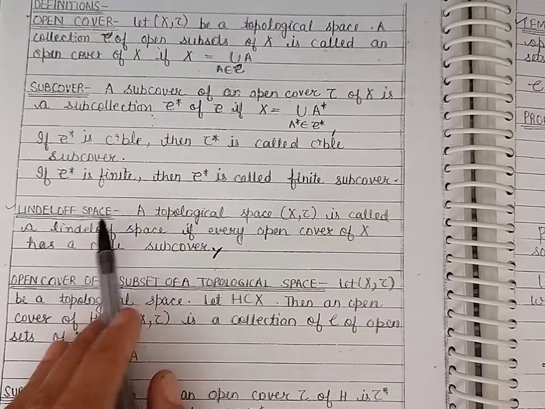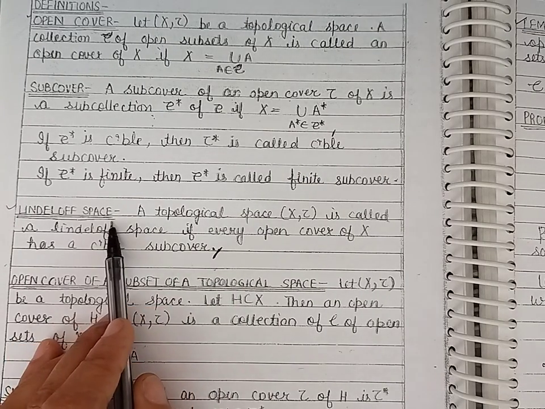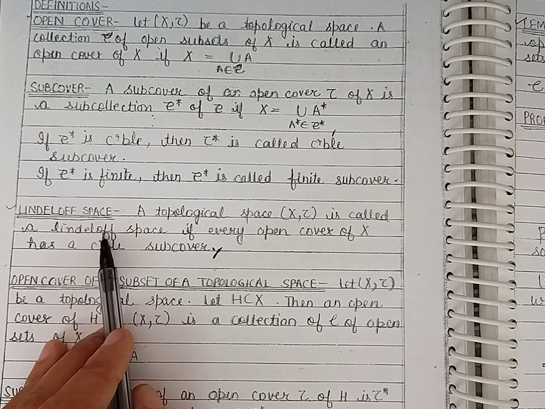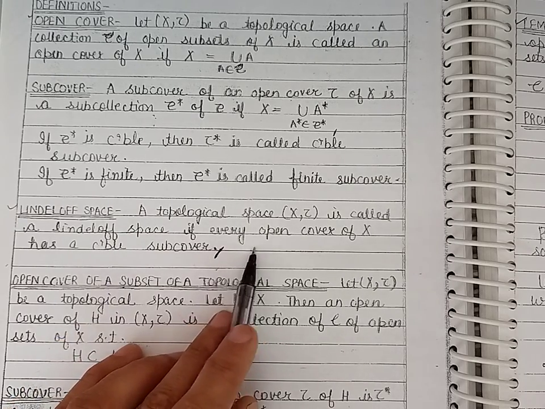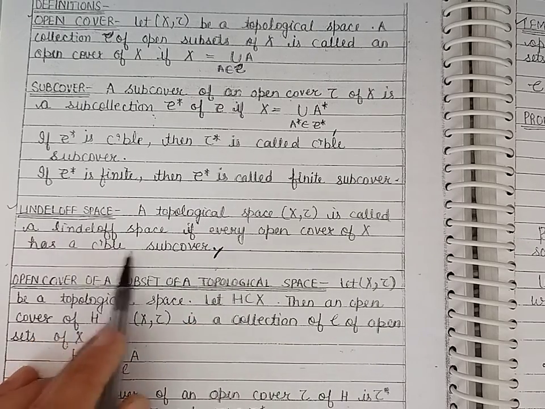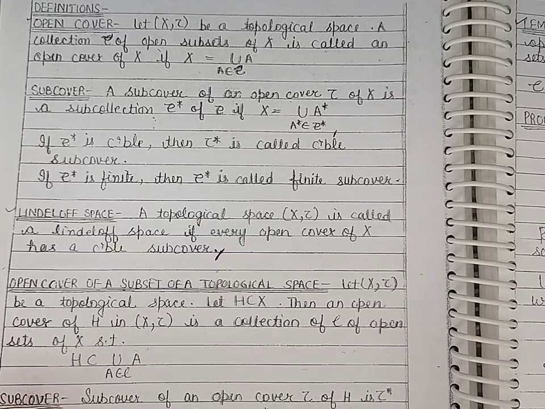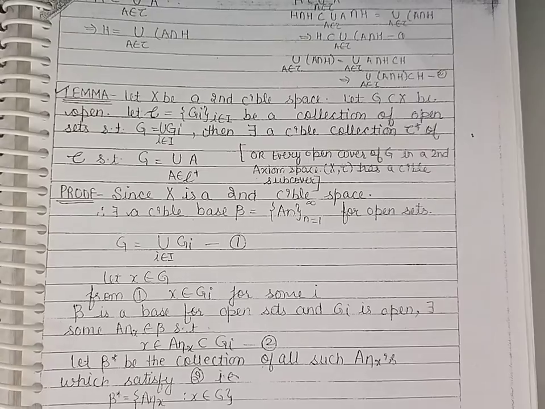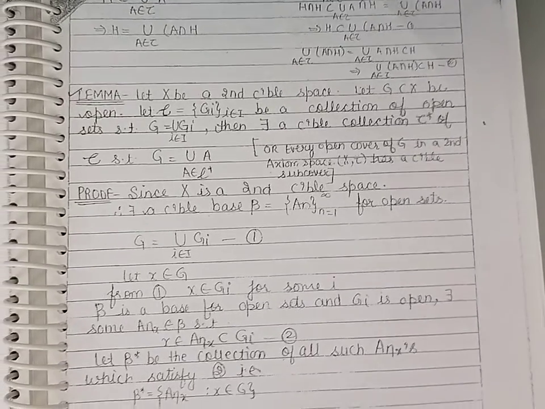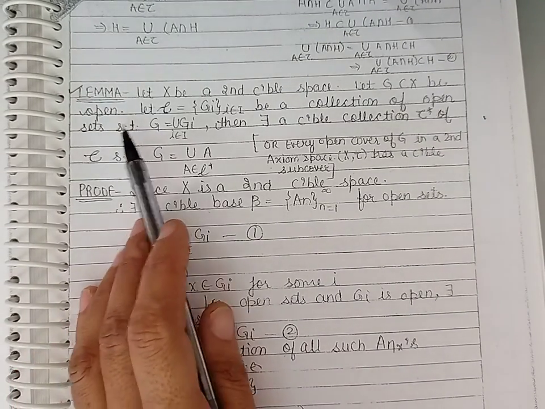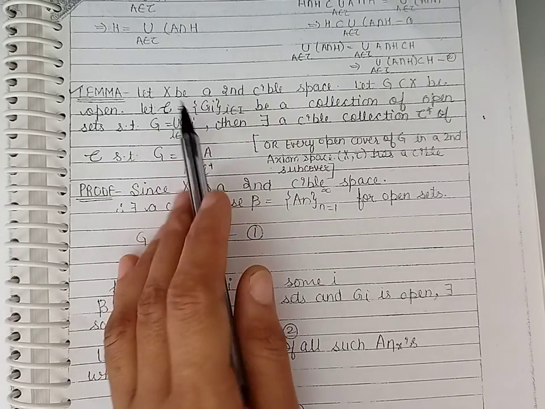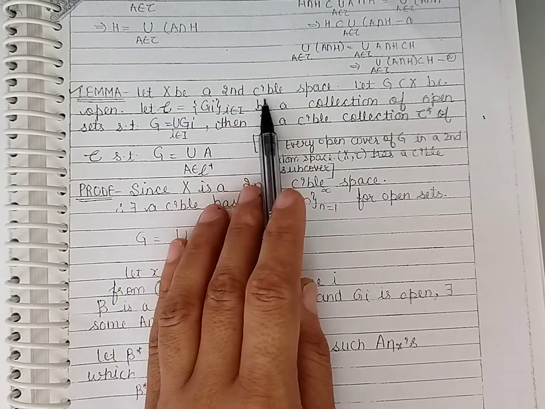Now, next to define Lindelöf space. A topological space (X, tau) is said to be Lindelöf space if every open cover of X has countable subcover. Now, we will discuss Lindelöf theorem. In order to discuss this theorem, firstly, let us discuss a lemma, which states that if X is a second axiom space,